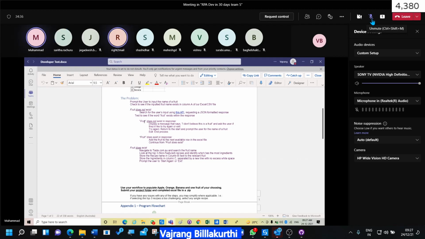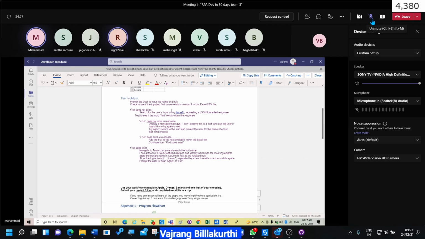Raju, so first it will check in Excel file, correct? Input Excel file. If the fruit is available, that is another scenario. If the fruit is not available in Excel file, it has to consume the API. From the API, it will convert the text file to a JSON object.